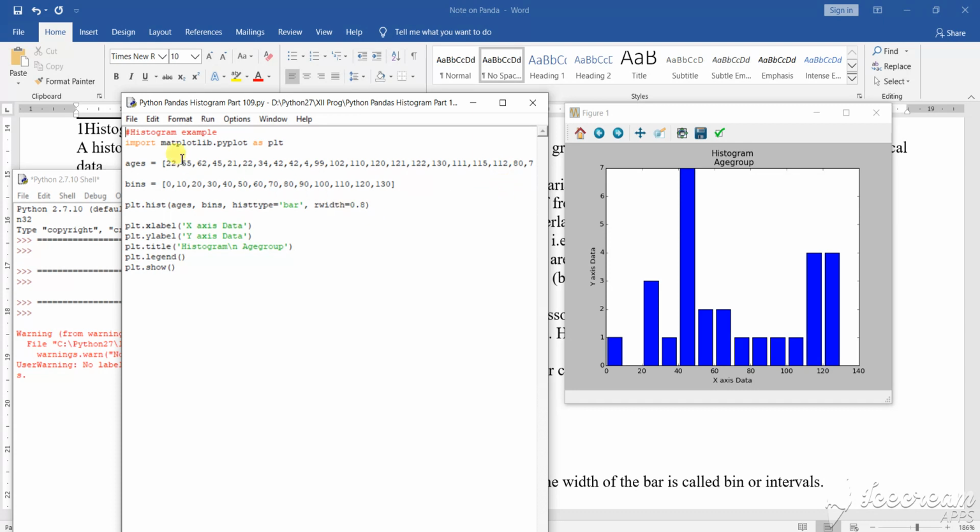So the bins: the first one is zero, then tens, then 20s, 30, 40, 50, 60, 70, 80, 90, 100, 110, 120, 130. As you have specified, the bins are based on the different numbers that you are giving there. Based on that you can specify the range, the highest range. Taking the highest range, that many times it will be counted on execution, and it will calculate. So this is how your particular histogram